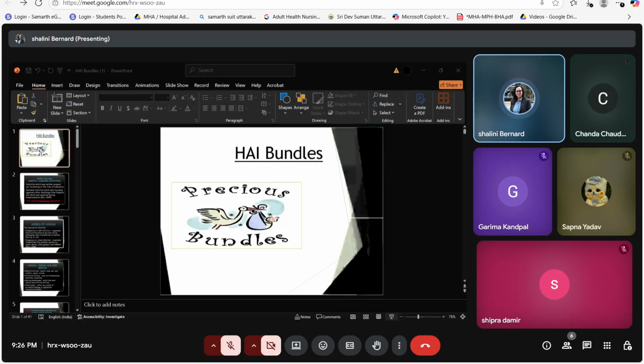The patient should be reviewed on the daily basis for early removal to prevent any infection, and screened for signs and symptoms of infection. So for the central line, what are the signs and symptoms? There will be redness, oozing, high grade fever for the patient, and when we send the culture, it turns out to be positive.